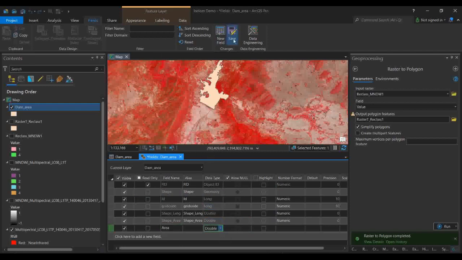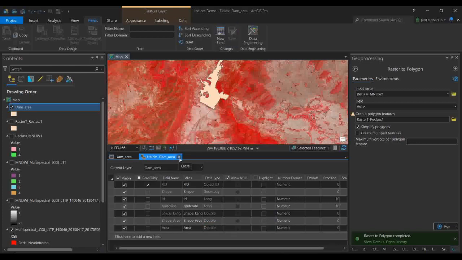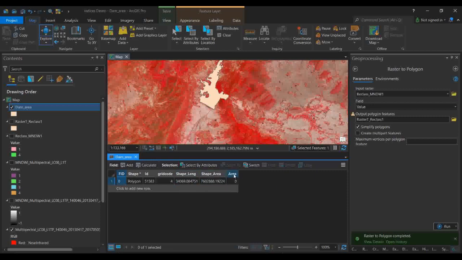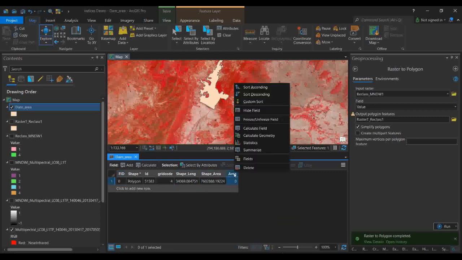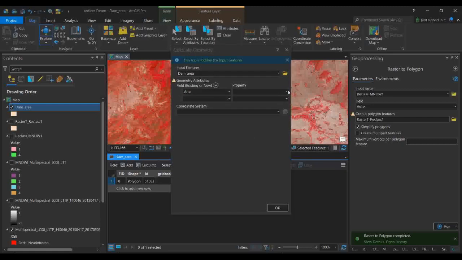I want to see how much area the dam has. By default it is in some unit, but suppose you want hectares. Then you can go to calculate geometry, select the property as area, and give the unit whatever you want. Suppose I select hectare, and then click on OK.